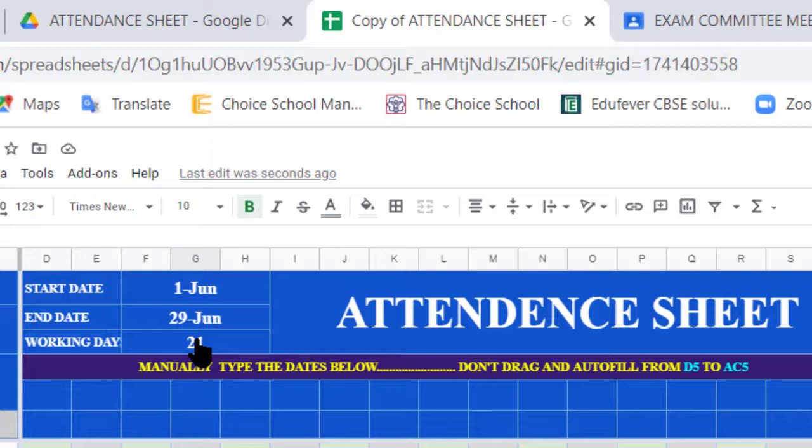If total working day is 1, only one column will be opened, other columns will be locked. If total working day is 10, 10 columns will be open and the next columns will be blocked or locked.